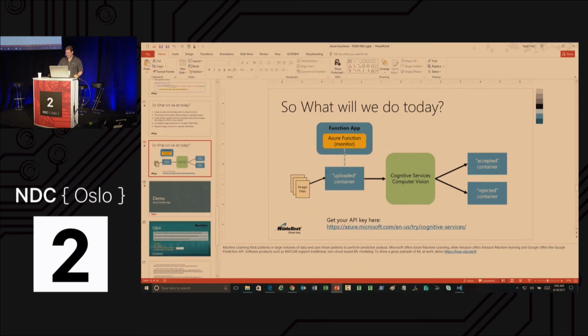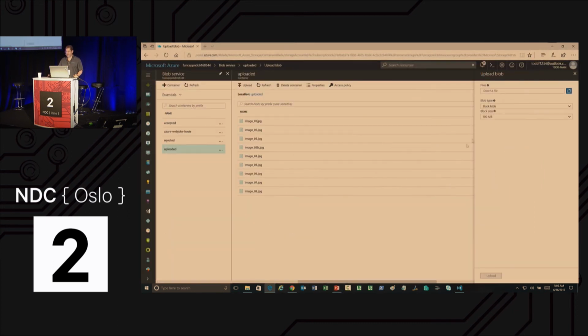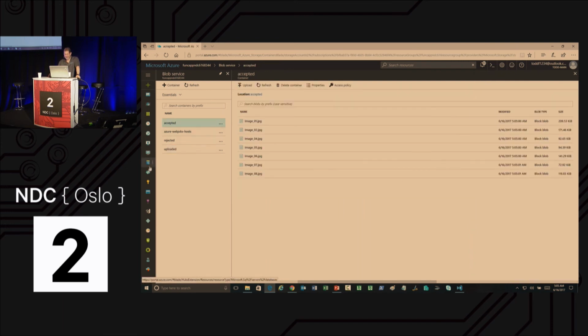They're here. That Azure function should have triggered 9 times, passed it off to the computer vision API, and done something with it. So just so you know what happens when this demo doesn't work, it's this. Nothing happens at all. You just go look, and then there's no errors, there's nothing. You're trying to figure out what went wrong. Let's go over here. 1, 2, 3, 4, 5, 6, 7.